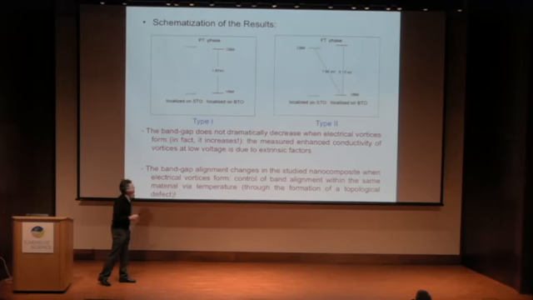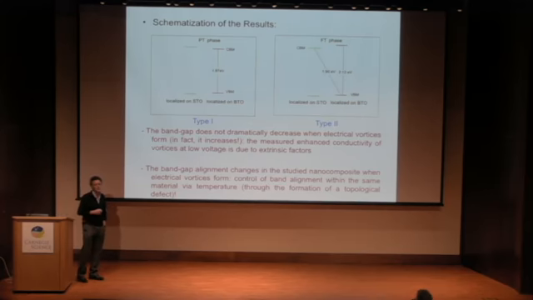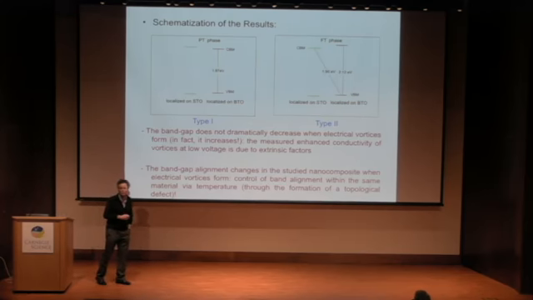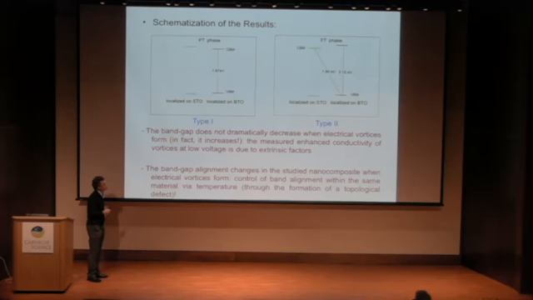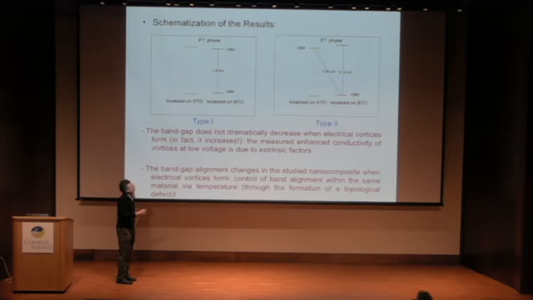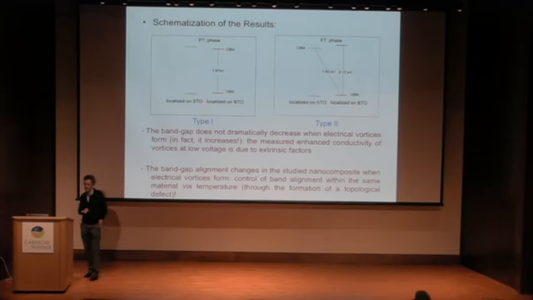So probably the experiment of Nina and collaborators, I'm guessing that it's more due to extrinsic defects, not an intrinsic effect due to electrical vortices. But what is also quite interesting in terms of semiconductor physics is you see that when there is no vortex, it's a type 1 band alignment, VBM and CBM at the same place in these nanowires. But here, when you have electrical vortices forming, it's not the same place. The VBM is on BTO, and the CBM is on STO.